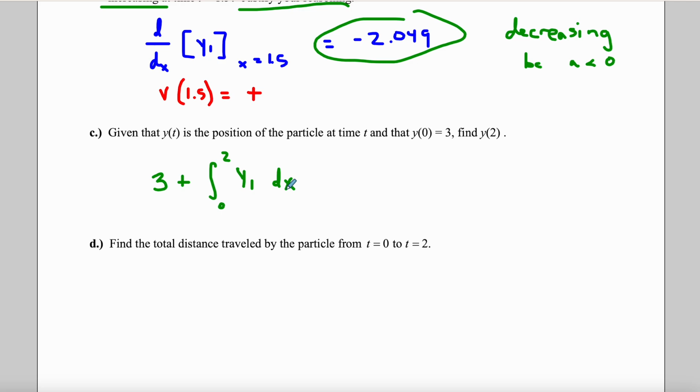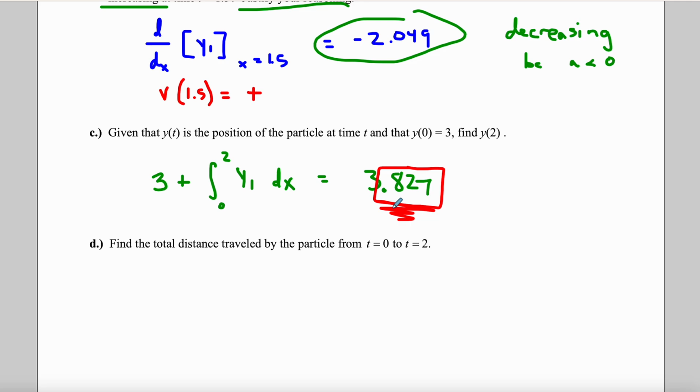So if I plug that in to Math 9, I'm going to end up with about 3.827. So since I was already at 3, this 0.827 is actually the displacement that was covered for the 2 seconds, right? So the answer is 3.827, but it is important to know that that decimal is how far from where you